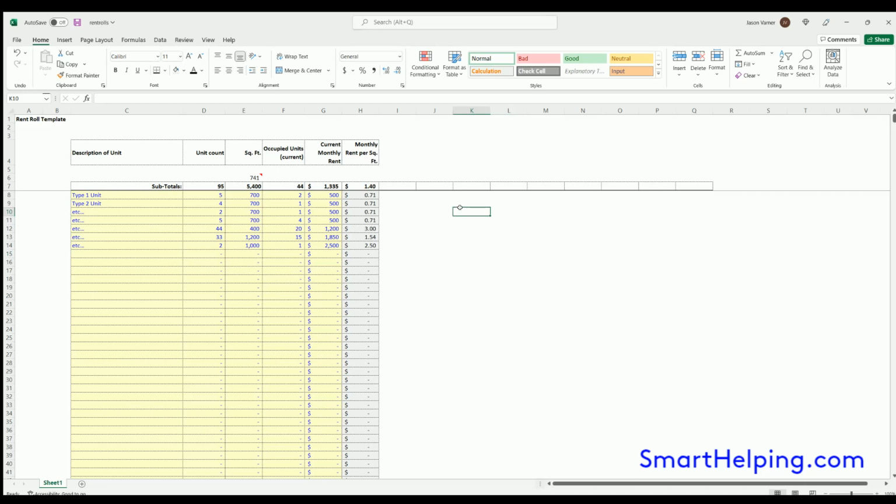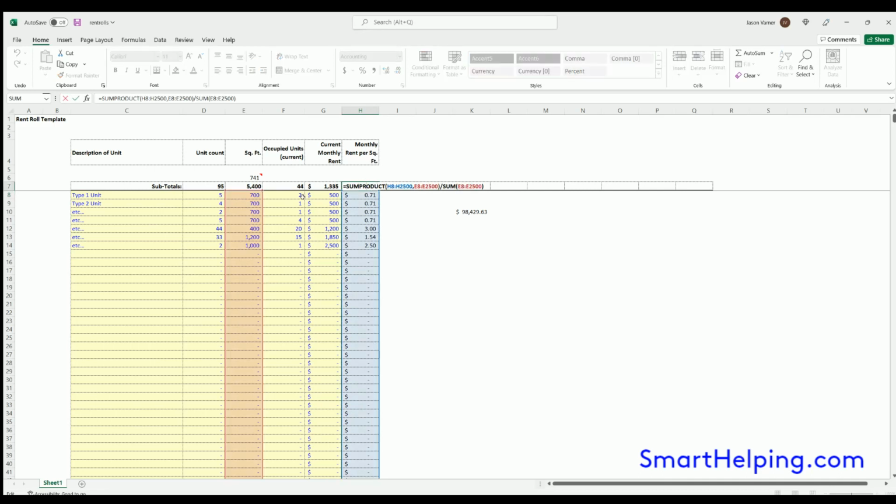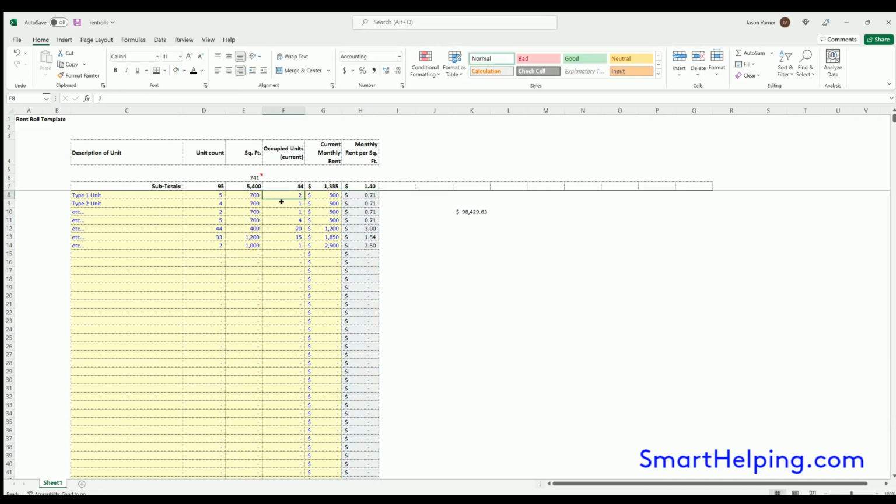So if I wanted to calculate the total monthly rent, I take the average rent per square foot times, not the total square feet, the weighted average square feet per unit times the total units. Now that's not matching either. What is going on here? Let's think. So this is right. This is average square foot because if I multiply this times the unit count, I get